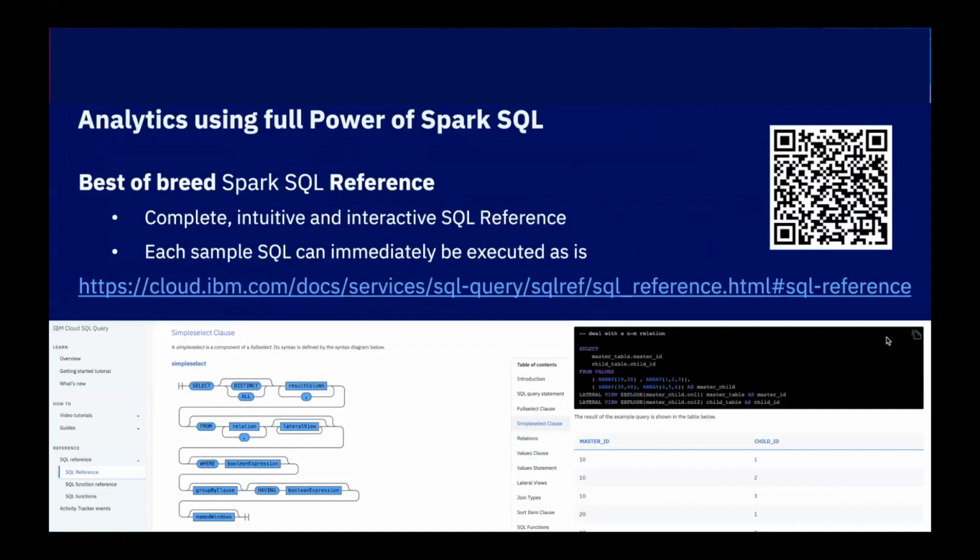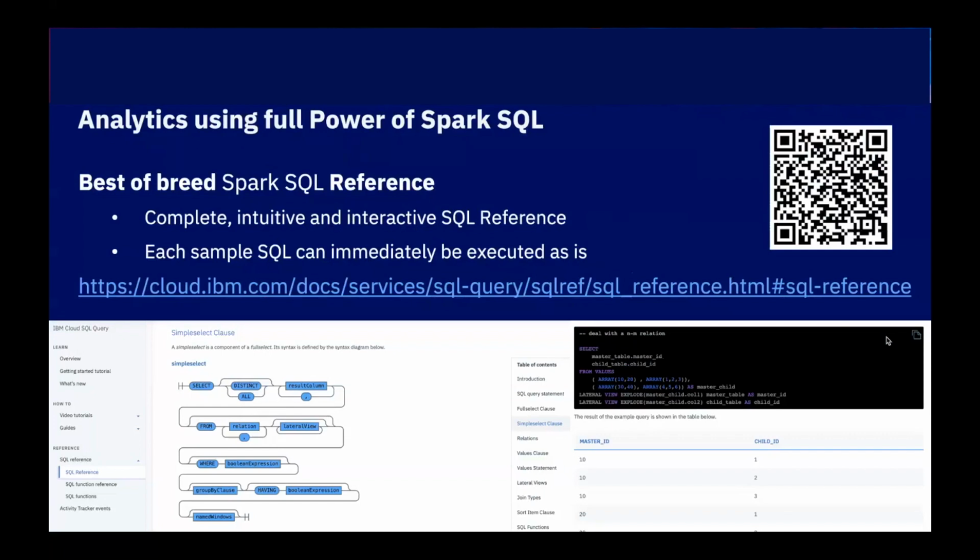For that reason, we have this Spark SQL reference that we have made available as part of our documentation, and it's actually the best Spark SQL reference that you can find in the market today. And it's interactive. You can really drill into the individual capabilities just by clicking on these boxes that you can see here on the screen. You have examples, SQLs for every single syntax option that we have, that you can just copy and paste to run in your SQL web UI to try out these examples. So it's pretty approachable, and it's a very nice way to learn Spark SQL.